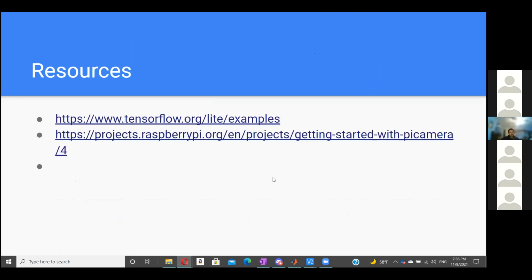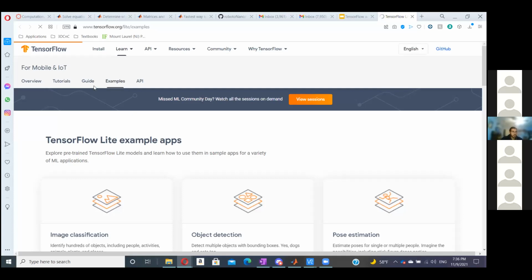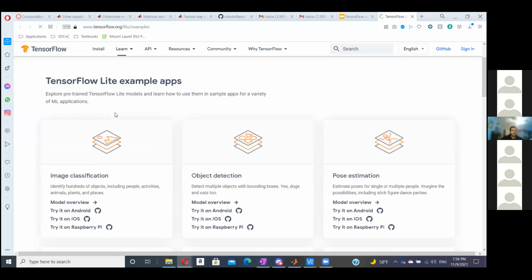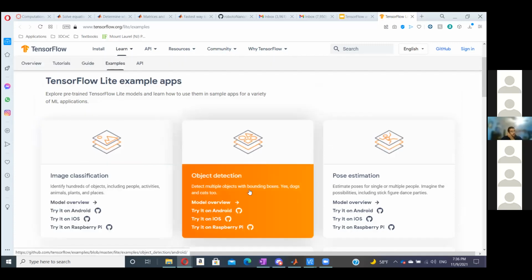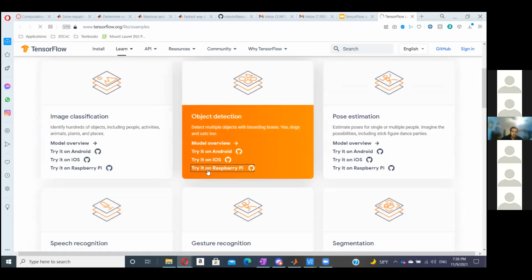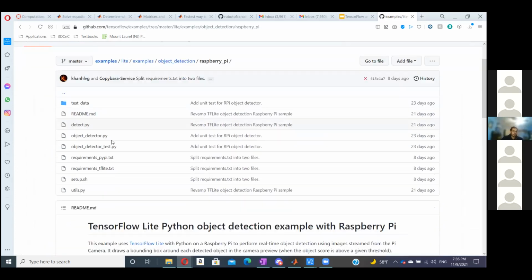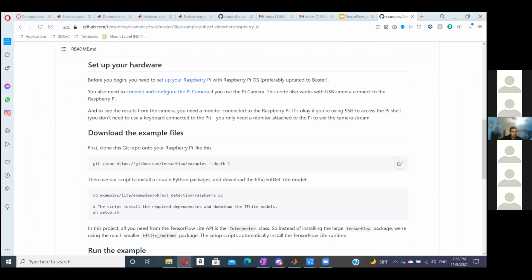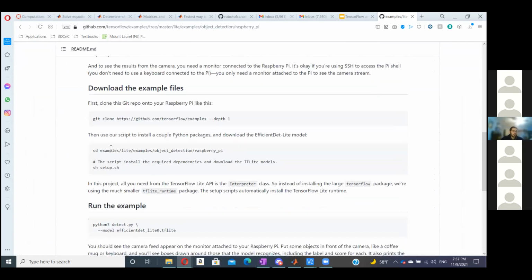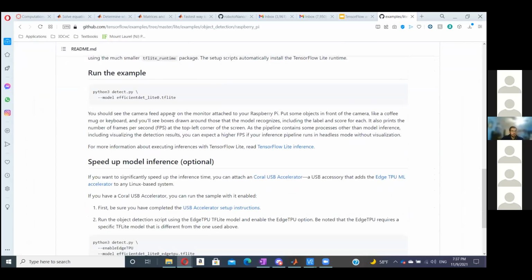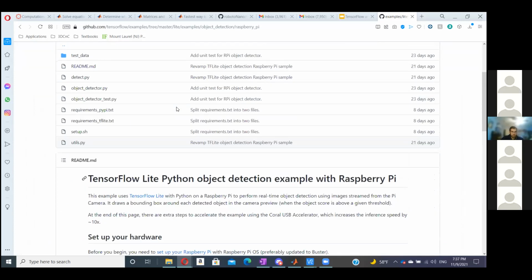And the final thing: these are the resources, but I wanted to open this link. If you look on the TensorFlow website, there are a lot of different resources, not even just for Raspberry Pi, but TensorFlow in general. This is the library that I used in particular to set up my project, and it even gives you step-by-step instructions. The code that I showed you is all on here. Object captions.